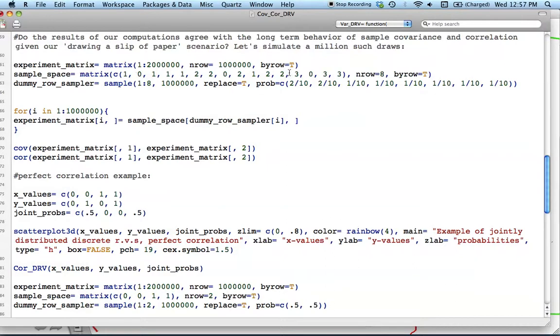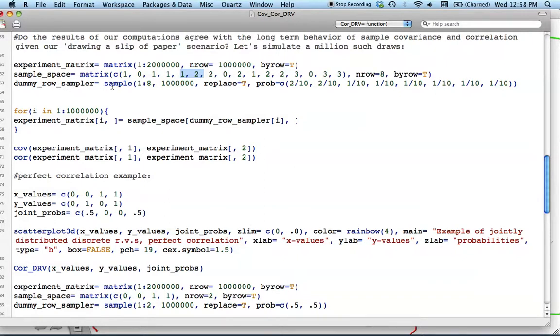And there's going to be 8 rows. So I've got these 16 values, and what's going to happen is the first row of the matrix is going to be these 2 values, and it's going to go to the next row, 1, 1, 1, 2, 2, 0. So basically I'm creating an 8 row by 2 column matrix where grabbing a given row is going to be like picking a slip of paper. Okay, so this is what I'm sampling from,